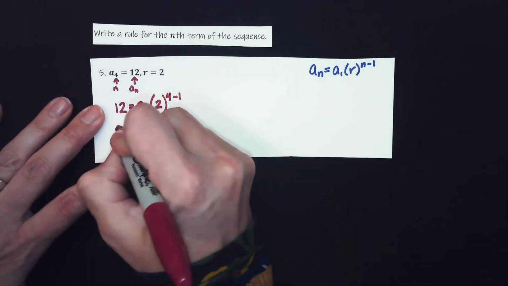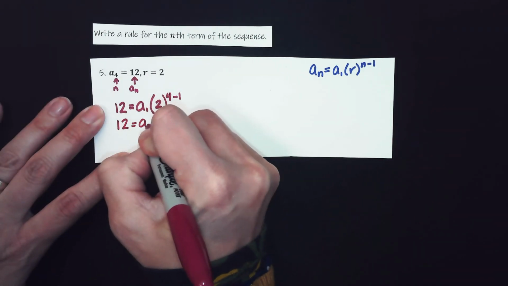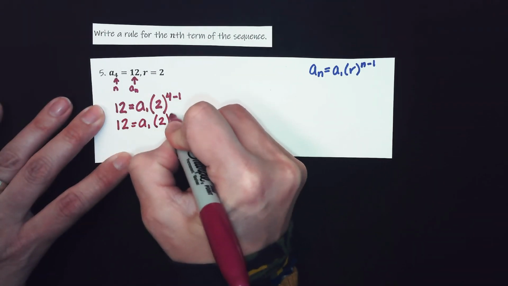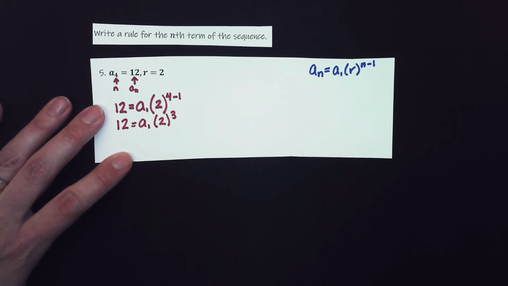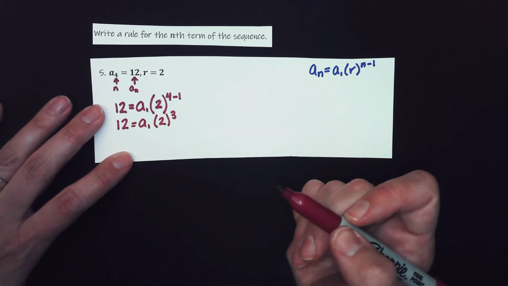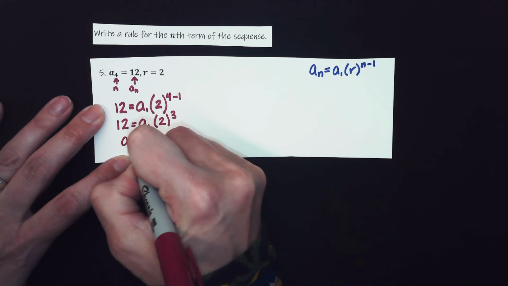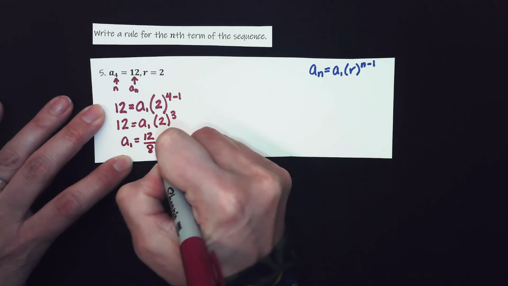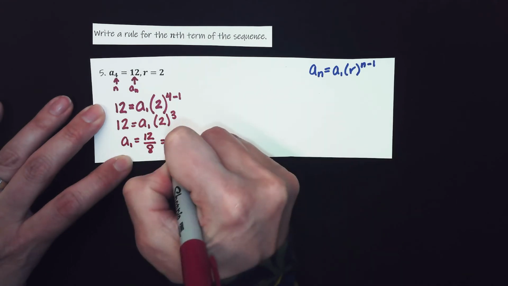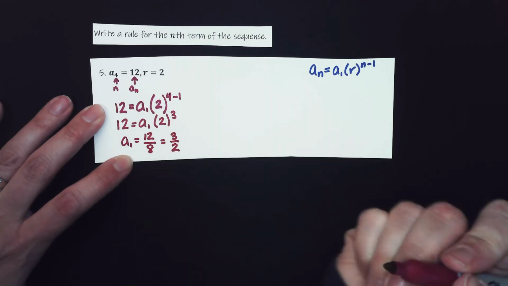Okay? So I get 12 equals a1 times 2 cubed. And 2 cubed is 8. So I get a1 equals 12 divided by 8, and that simplifies, let's see, to 3 halves. So this is a1,